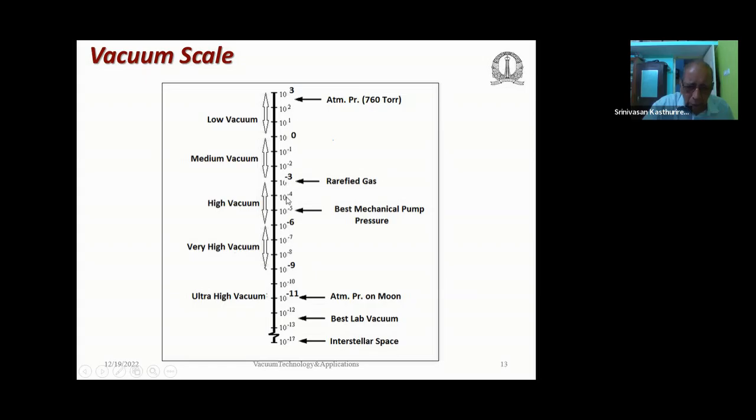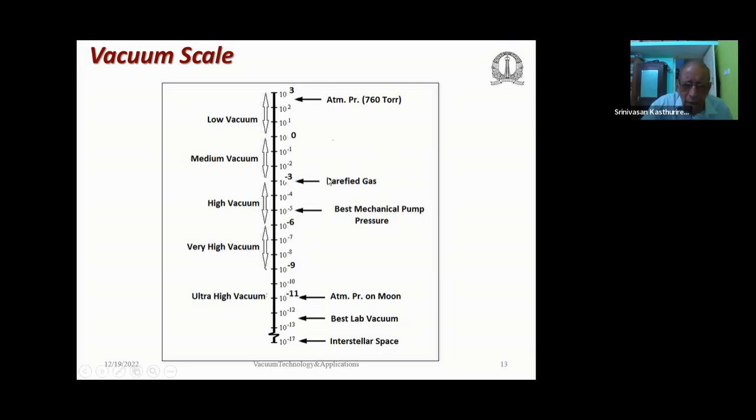10 raised to minus 3 to approximately 10 raised to minus 6 torr will be high vacuum. Then you have very high vacuum up to minus 9. Then you have ultra high vacuum beyond that. Okay. So you see here, if you look at an atmosphere, you find